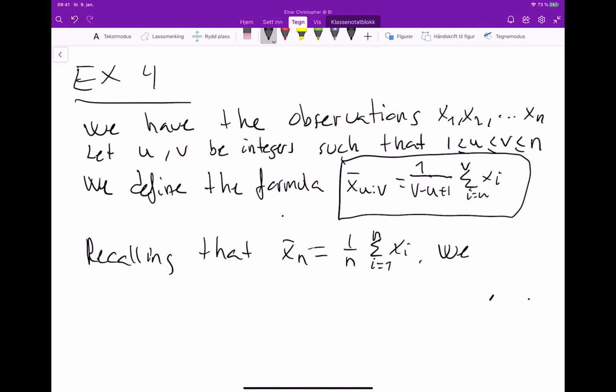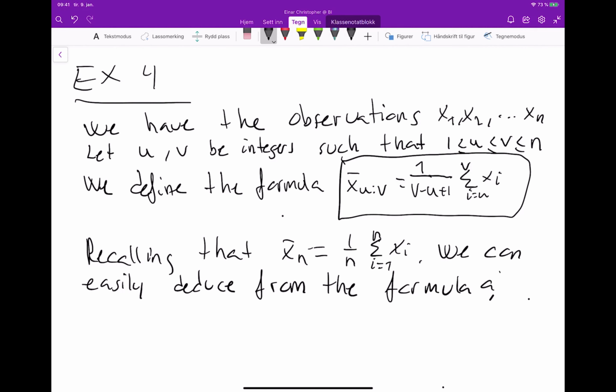We can easily deduce from the formula above that